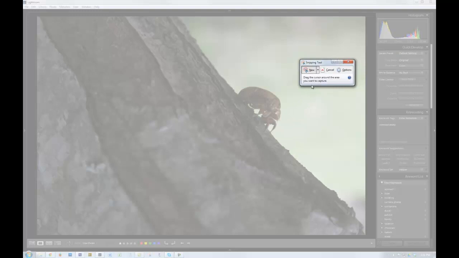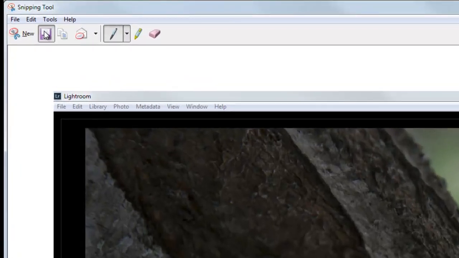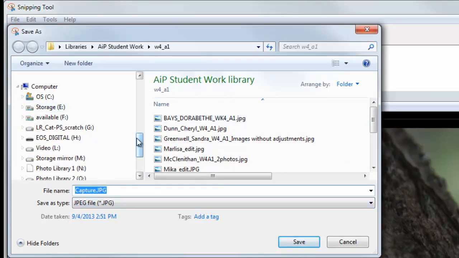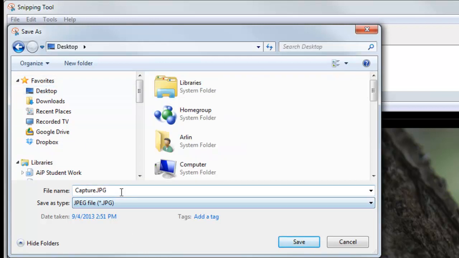And then over here, we can click on the little triangle to the right of New, and we're going to specify that we want a full screen snip. Make sure that your Lightroom window is fully covering the entire screen before you do this. So now we've got this, we've captured this, and I'm hoping that it's going to include what's over to the right of that. And I want to just save the snip, and then it'll bring up a save dialog. Actually, I'm going to save it to my desktop, and be sure you use the appropriate name. So mine would be